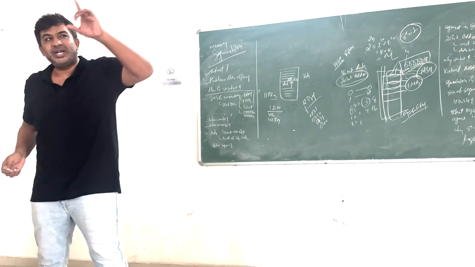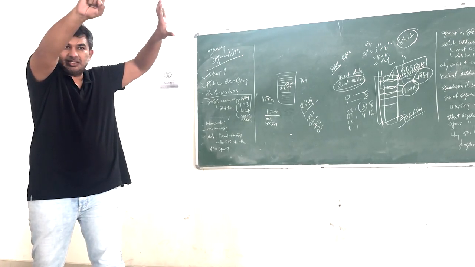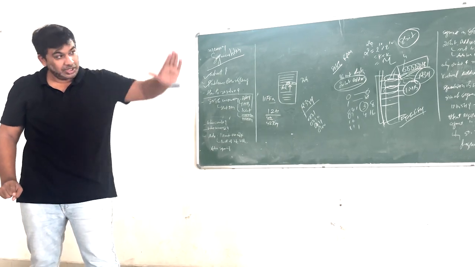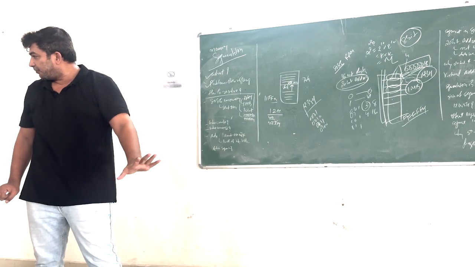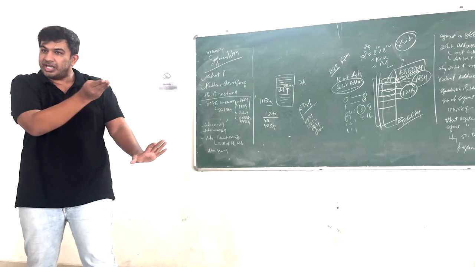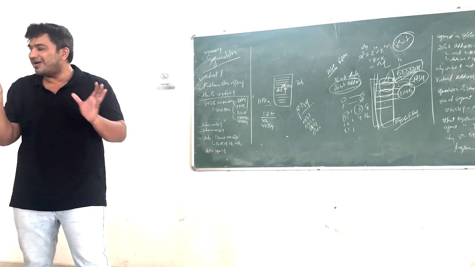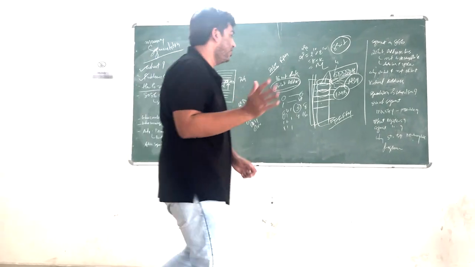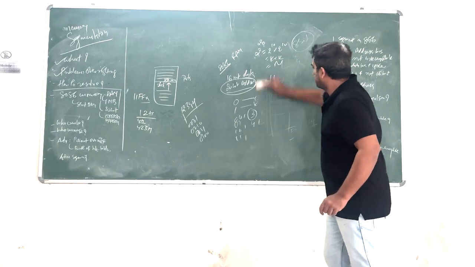Again, we have a 20 bit address bus. There are two things: address and data. How many addresses are possible in total? 1 million. How many bits will the address be? 20. Your address bus is 20 bit. Again, concentrate. See, that's why I told you the lecture would be very long.